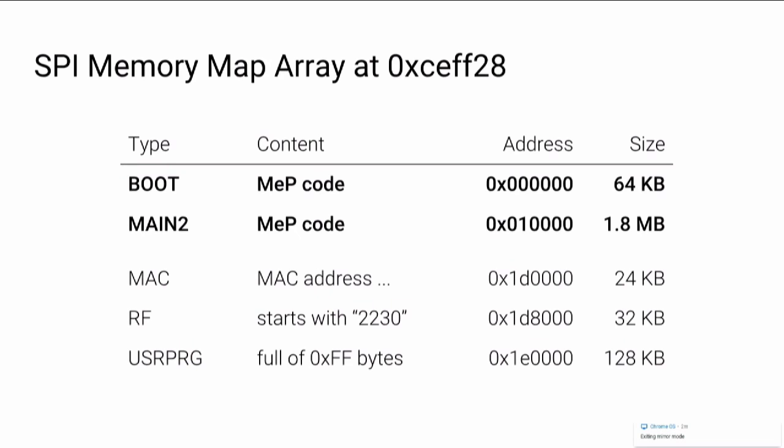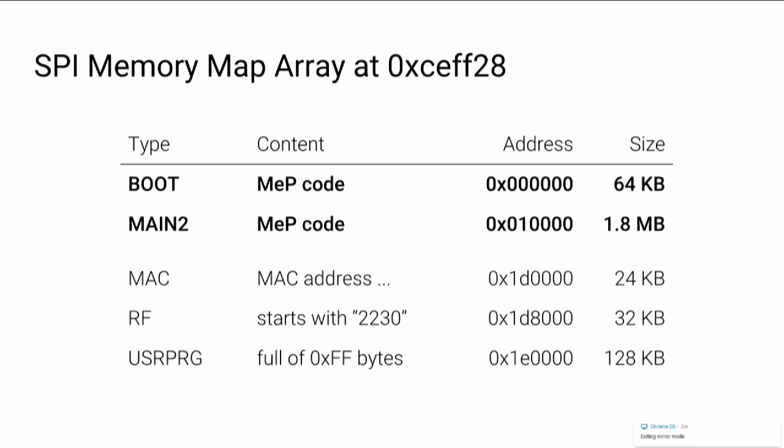Here you can see that main2 is 1.8 megabytes, and the SPI flash is 2 megabytes. This is a really important result, because during the update, main2 is first erased with ones, and then the update is written. It means that the file that we got, fwupdate.fbn, contains most of the code we need to reverse. Indeed, if you want to reverse the firmware, you don't need to dump anything. You can just reverse this file.